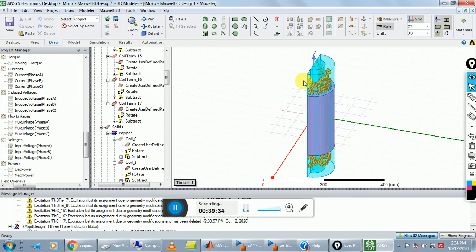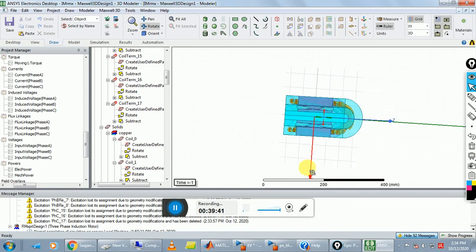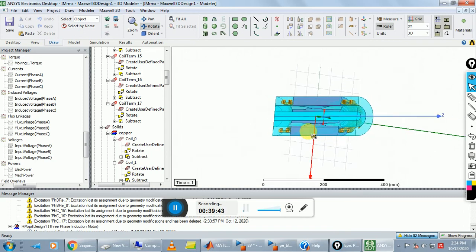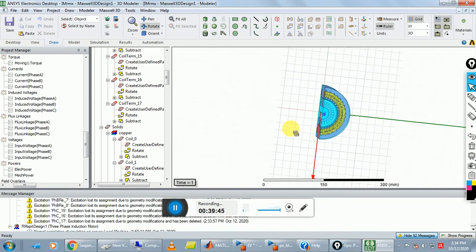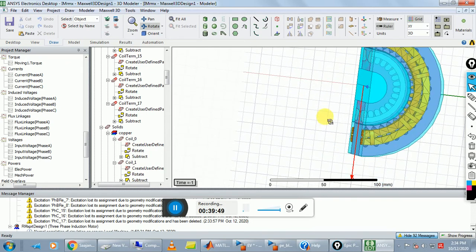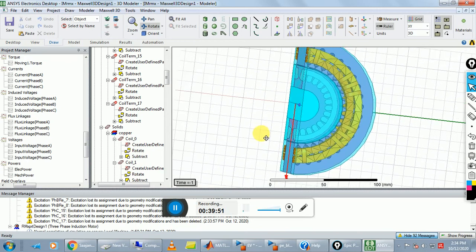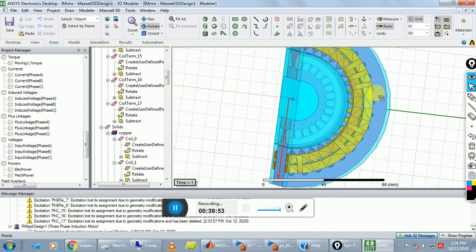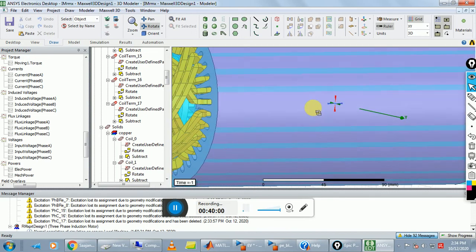Okay, this is your three-phase induction motor designed in 3D. This is your cut section. Okay, this is your stator and this is your rotor.